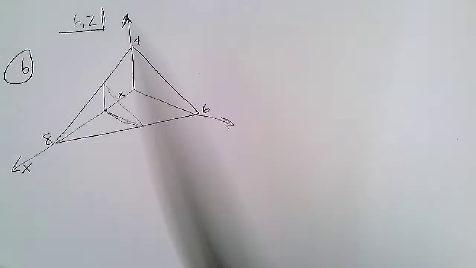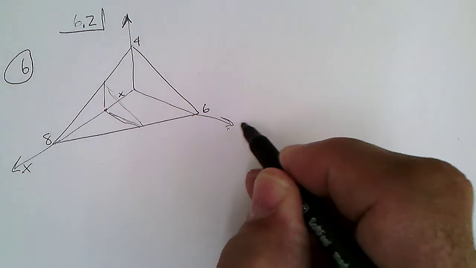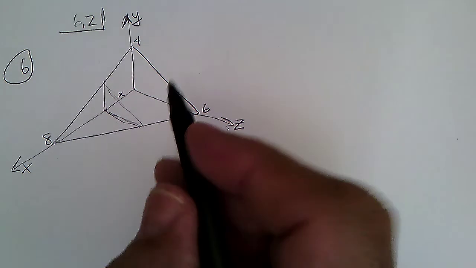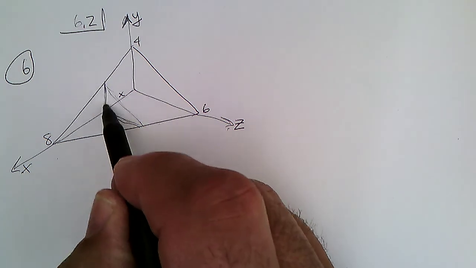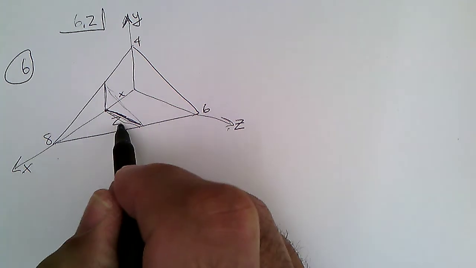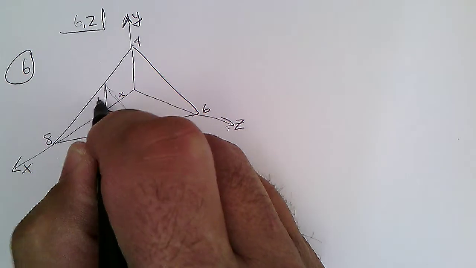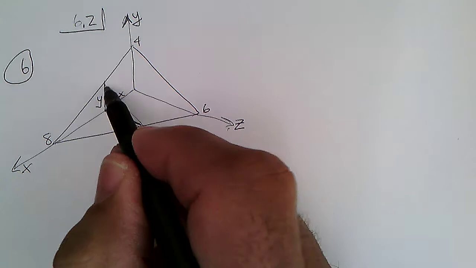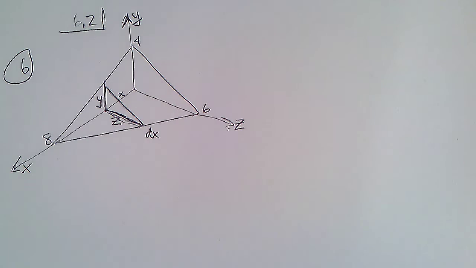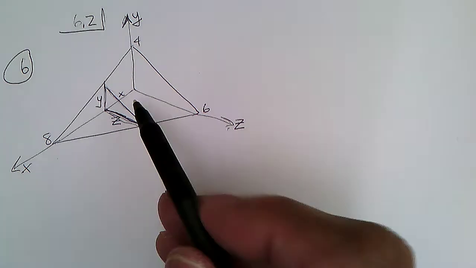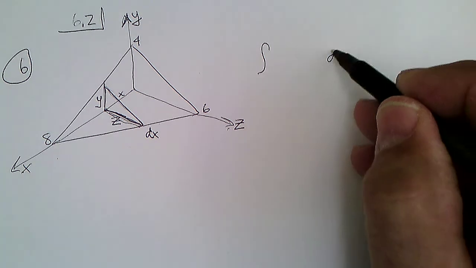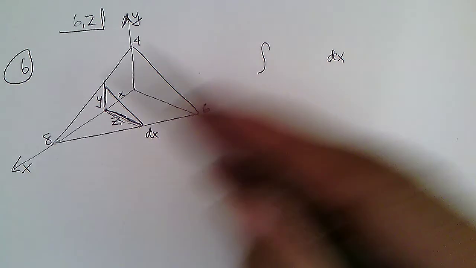They didn't label these axes, so I'm going to call this maybe Z and Y axis. So the sizes of these sides, this will be something in the Z direction. This side would be something in the Y direction. This slice would have a thickness that's in the X direction, so I'd say it's dx thick. And therefore I would be doing the integral in the dx direction from 0 to 8,